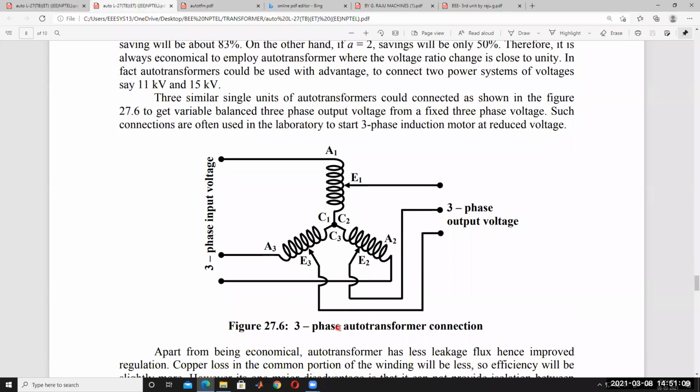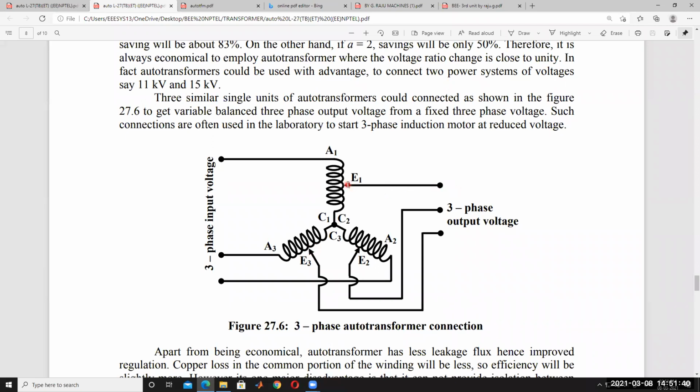Now observe the three-phase auto transformer connections. These are the three windings A1, A2, A3. The tappings are connected here. The output voltage is changed by changing the positions of the tappings on the phases. By changing the positions of the tappings in the same way, how much increase in E1, the same amount of increase in E2 and the same in E3, then only will we get a balanced output voltage.